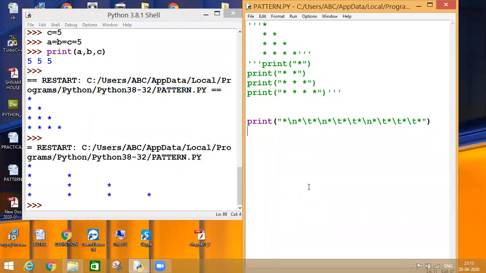So in the next class, we shall discuss operators, that is, how can we use different types of operators in Python,